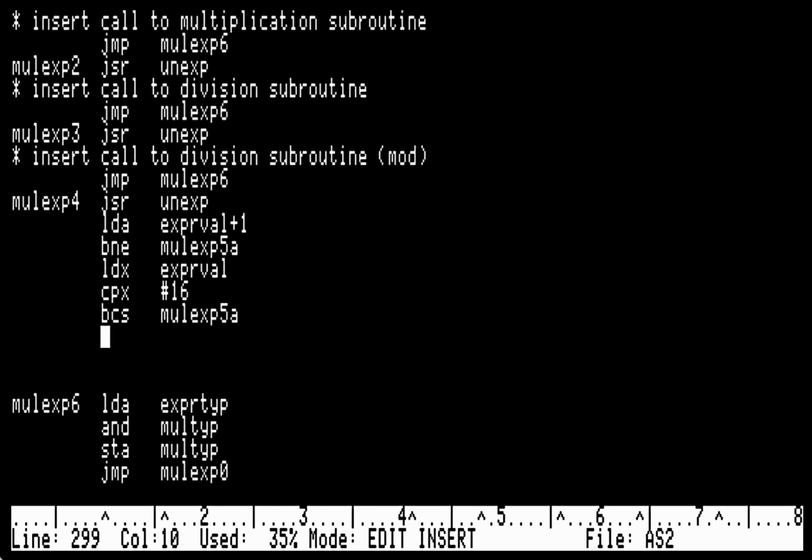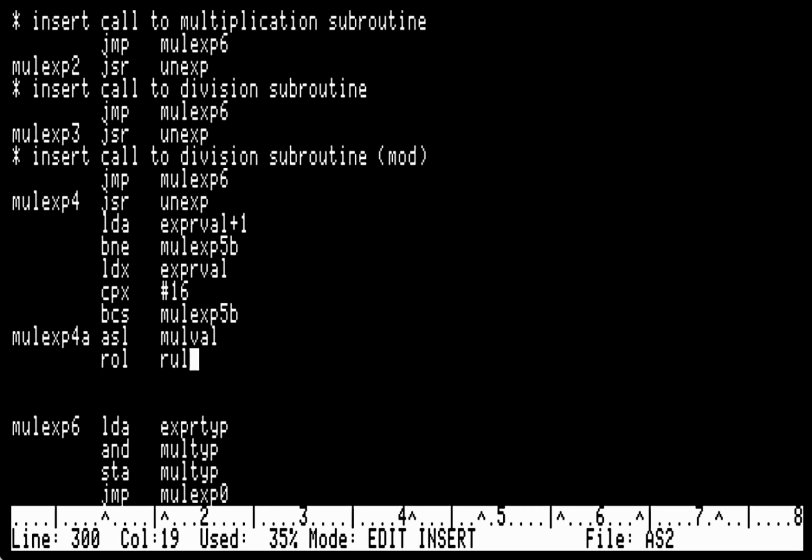So now we have to shift it left x times. So to start off, we should make sure that the carry doesn't matter, because it's going to always shift in a 0. So we need to, you know what? Let's make this b. All right, so now mul exp 5a, we'll say shift left mul val,